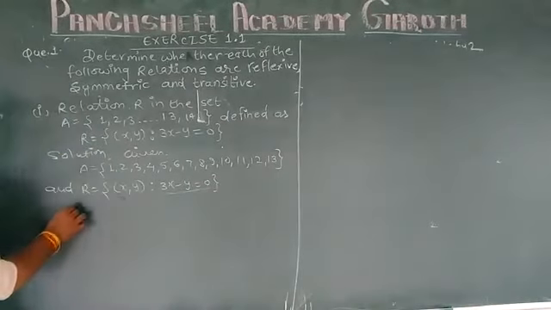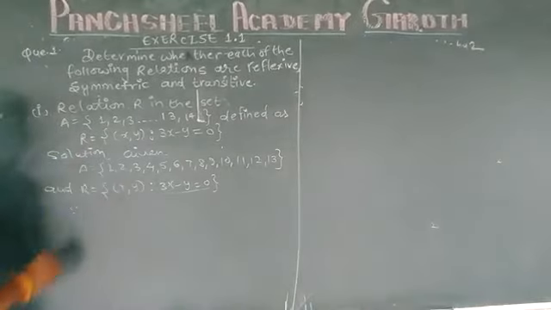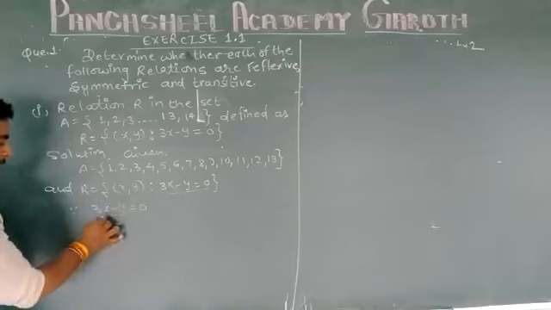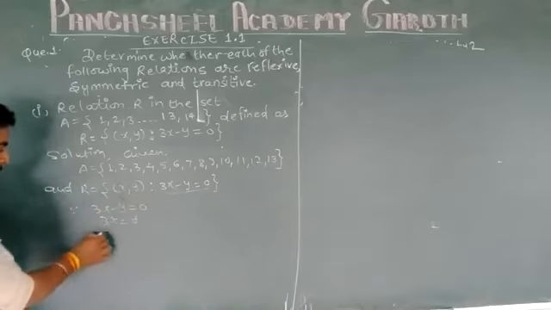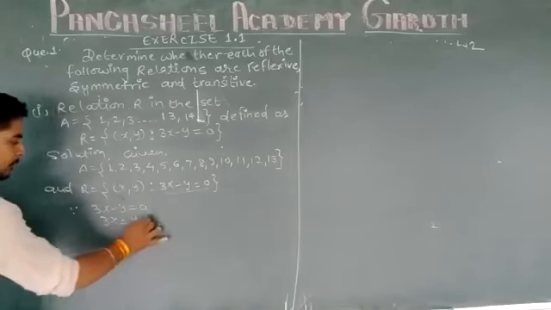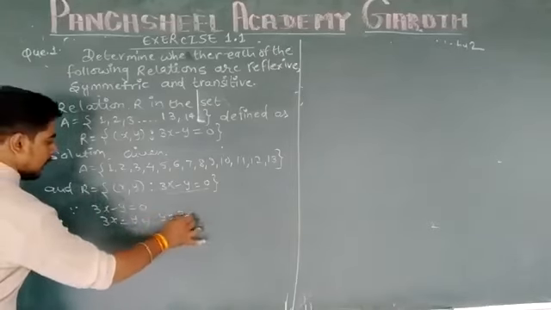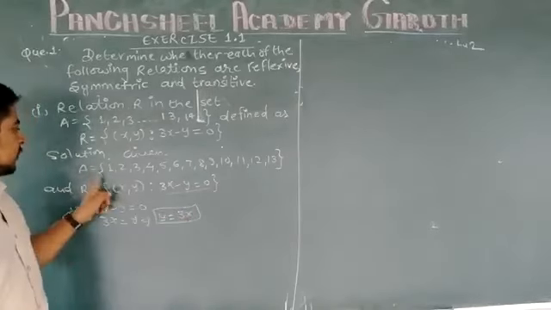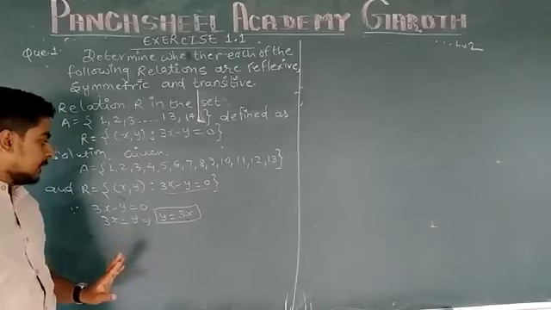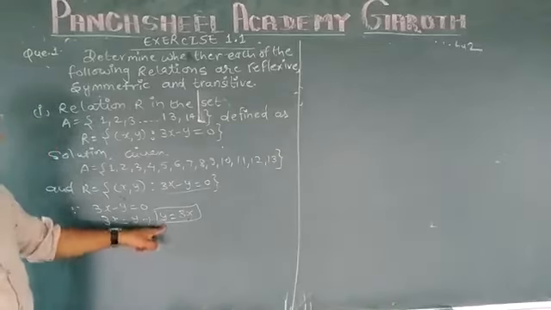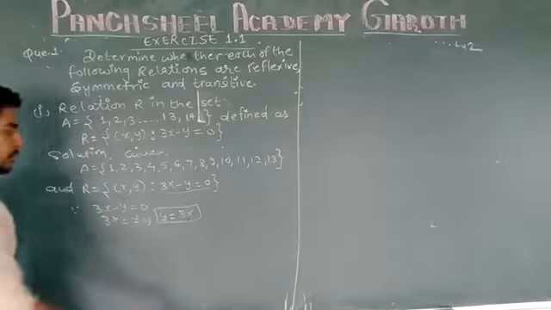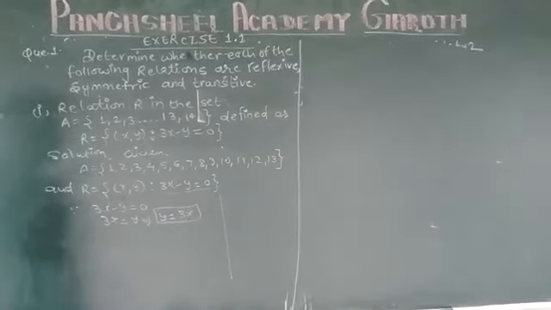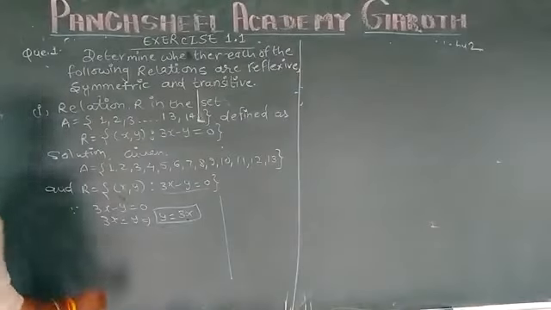So first, according to the relation 3x minus 5 is equal to 0, we can write 3x equal to y, or we can say that y is equal to 3x. Now, first we will take the value of x from the above side and see what the value of y is corresponding to the given x. I am taking only one example, after that you will understand how we have to make the ordered pairs according to that rule.